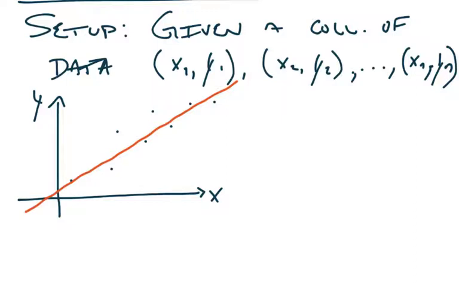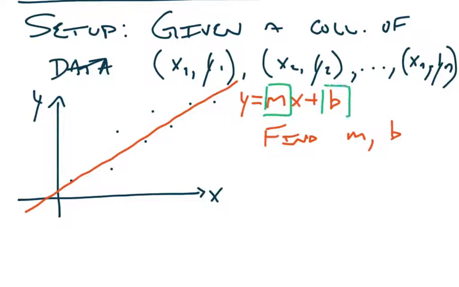All right, so the idea is that this is some line which we can give, in our standard algebra 2 pre-calc notation, y equals mx plus b as the equation of this line. And what we want to do is find m and b. Those are the two unknowns that really completely determine this equation of the line. M and b are the two things that determine what that line is. Find the slope and find the y-intercept